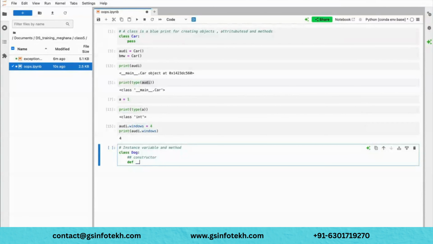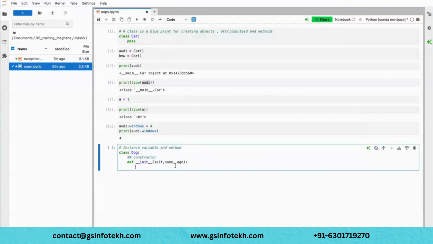The constructor will have an init method. This is one of the special methods I told you about. In the previous session we also talked about the init.py file. In a similar way, we have to use an init method. This is one of the base methods you have to create inside a class. The use of this init method is that whenever the class is called or the object is initialized, all the variables and methods inside the class will be initialized to the values.